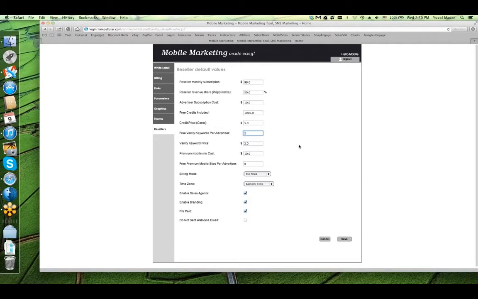This is what you're giving to your resellers. Theoretically, you can sell it for less than you're paying us and you lose money. So it doesn't matter what you're paying us and what you resell for, it's disconnected. So you have the whole freedom to do whatever you want. But maybe I'll talk about resellers and sales agents now, because everything is laid out here and